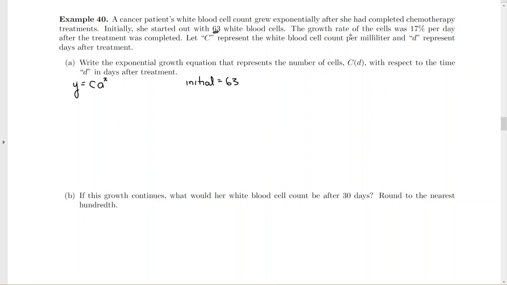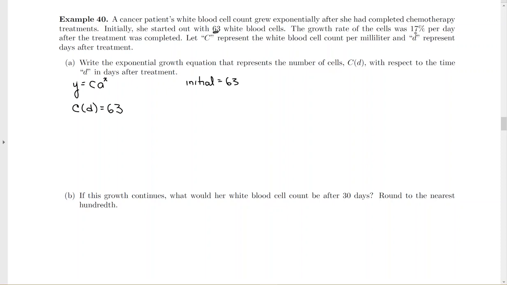The growth rate, now that's not the growth factor, that's the A that we're looking for, but the growth rate is 17% per day after each treatment was completed. Let C represent the white blood cell count, D represent the days. So we're trying to write an equation with C of D and D instead of X's and Y's. So I can start out with C of D, my output, my count after so many days, equals my initial 63,